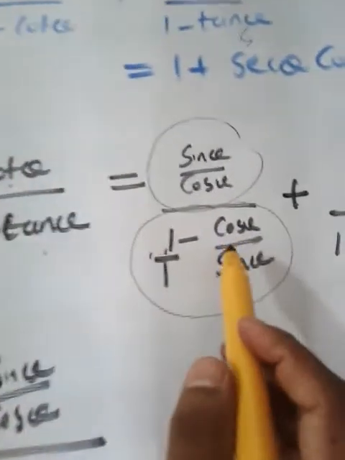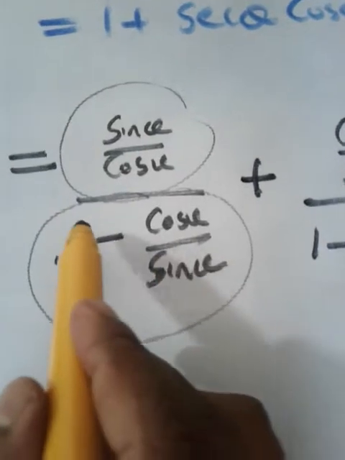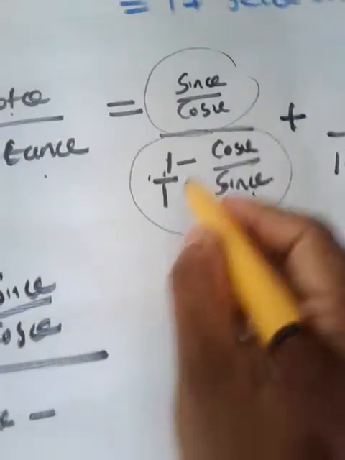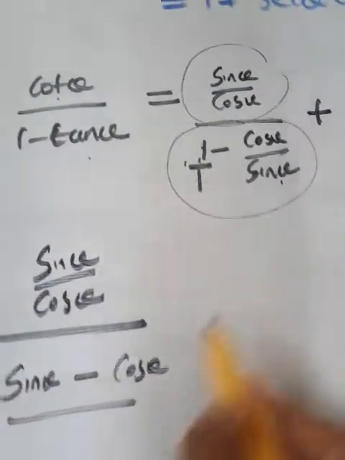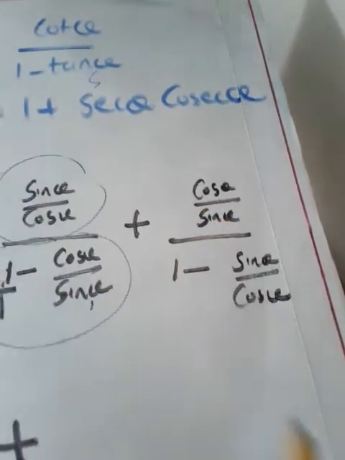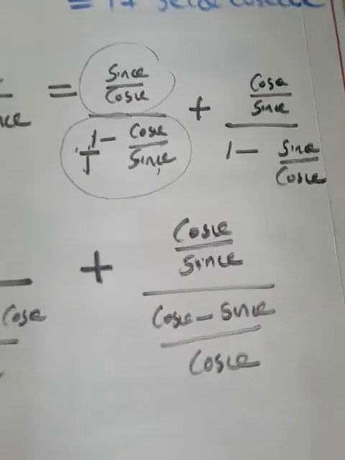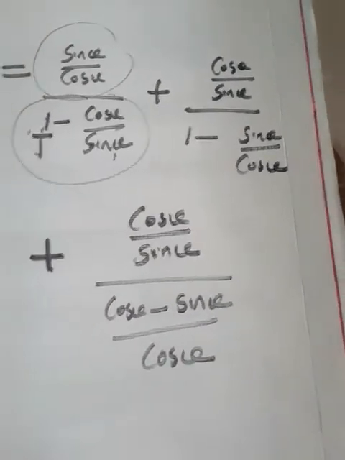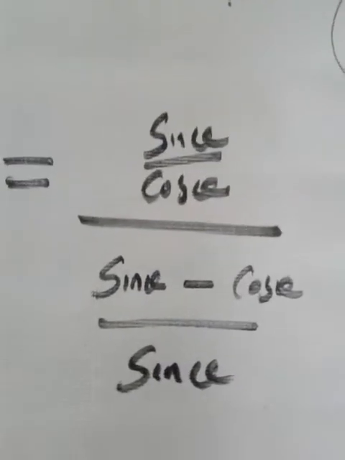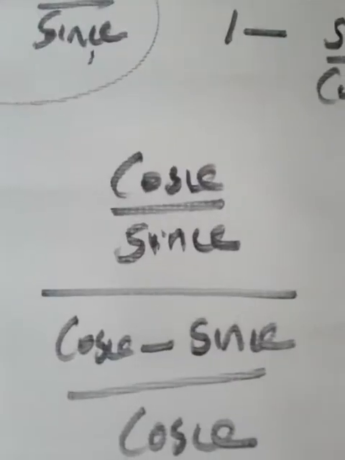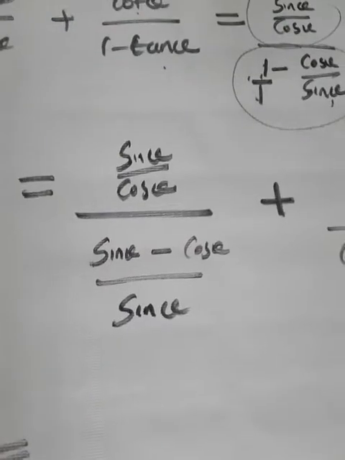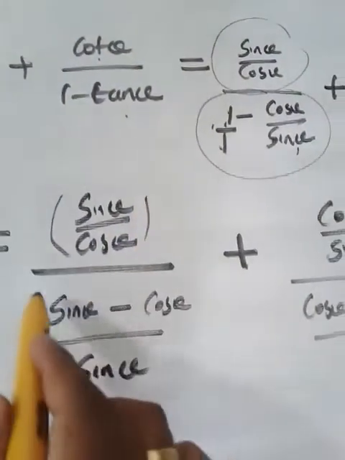Numerator I kept as it is. In order to simplify the denominator, we have to go for cross multiplication. 1 into sin theta is sin theta, minus 1 into cos theta is cos theta, divided by 1 into sin theta is sin theta, plus, and here similarly it becomes like this. A similar operation, you may have understood. Now let us simplify this term first and then this term, because both are a little advanced terms. This is a fraction and this is another fraction.